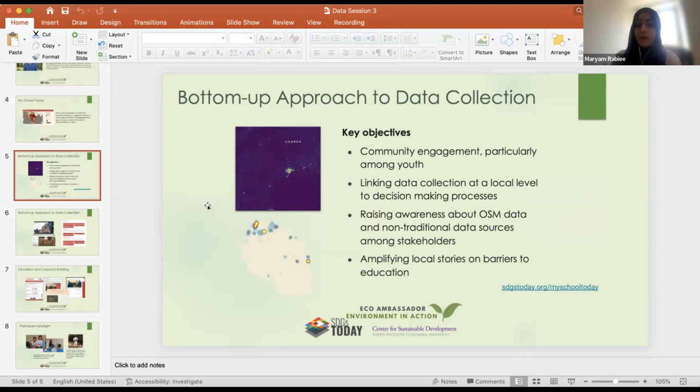Also, it's an opportunity for us to introduce a lot of students to the SDGs, to the significance of geospatial information and tools and different platforms that can be used to not only map schools, but use that information to understand where healthcare facilities are located. Sam shared a lot of great examples with us. So there's a skill building component to that, and raising awareness about some of the tools and technologies that students and local community members can use for the betterment of their communities.